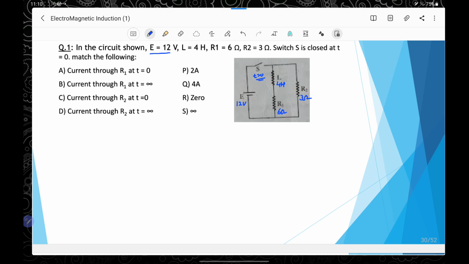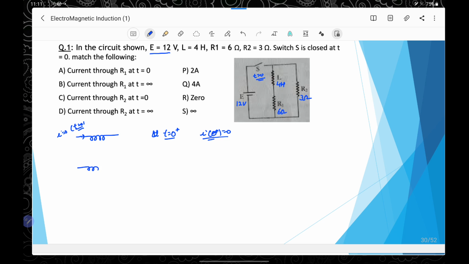Here in the coil, we have to remember that if there is a coil in the circuit and there is no current initially, I equal to 0 at t equal to 0, so we can say that at t equal to 0 plus, that means just the instant after the switch on, the current I at 0 plus is also 0. That means this coil will oppose the flow of current, and just after the switching on, at that instant, the current in the coil will be 0.